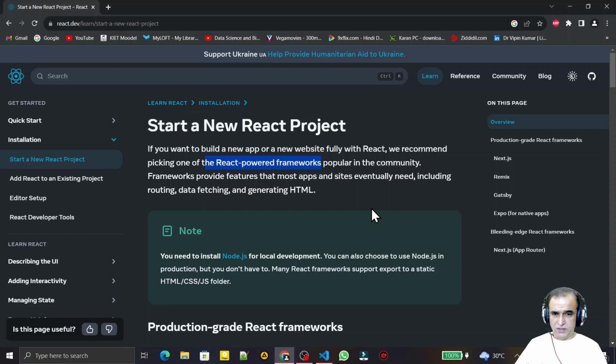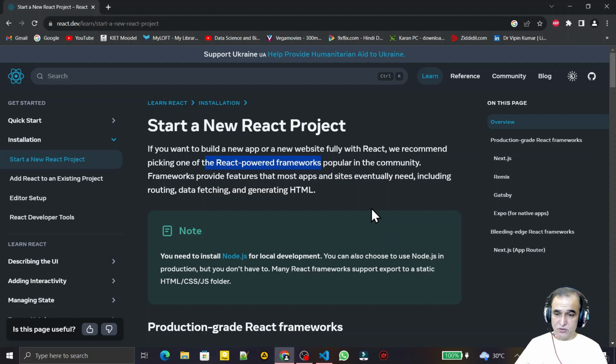So the React community is also promoting you, and you can say forcing you, to use a React framework in place of the pure React library. That is the concern. From now on, officially, create-react-app, that means CRA, is not officially supported by React.